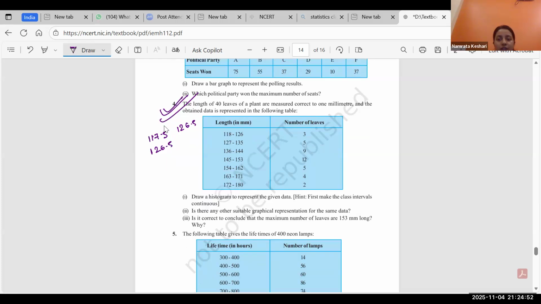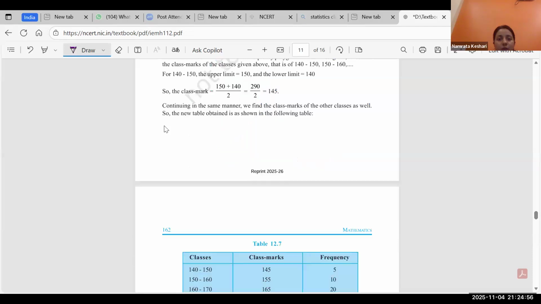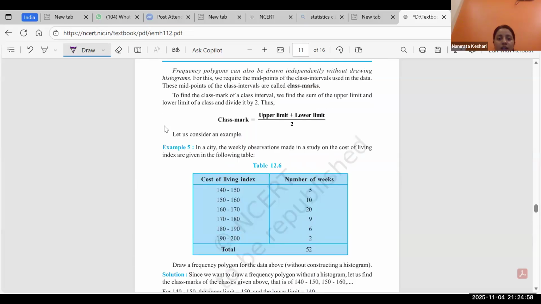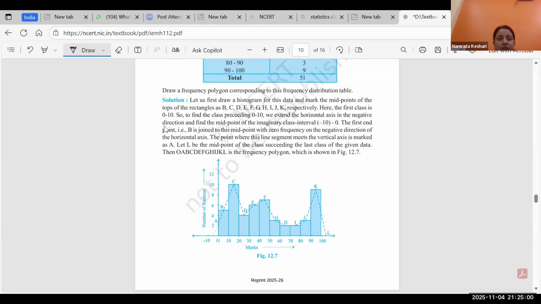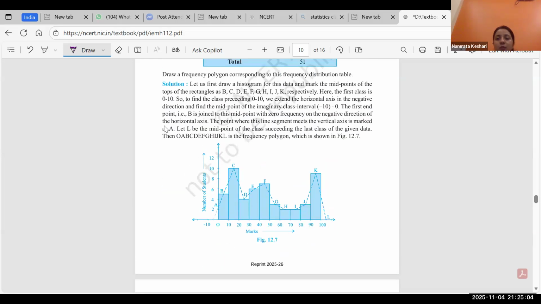However, I am trying to take just the basic question. Let me show you one example over here. In the next class, we can continue. This is the same type of question, the example which I have taken. You can clearly see the histogram is drawn first, and then we take just the midpoints and connect all the midpoints. However, after connecting just the midpoints, it is not a polygon. So we have to create one